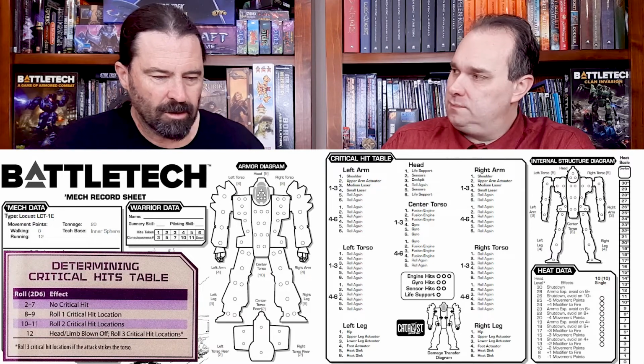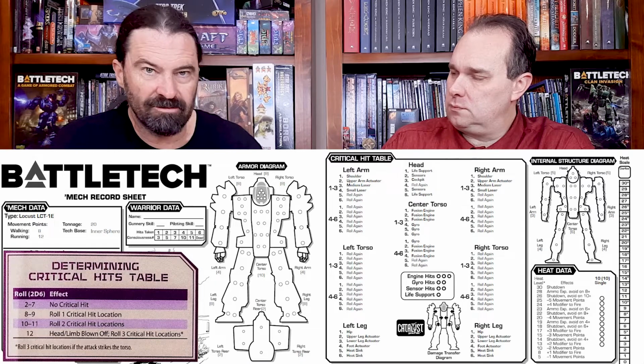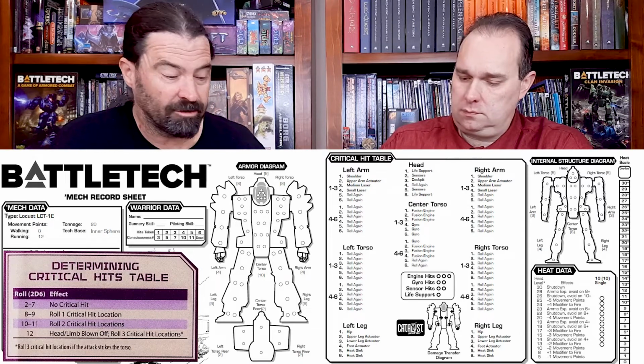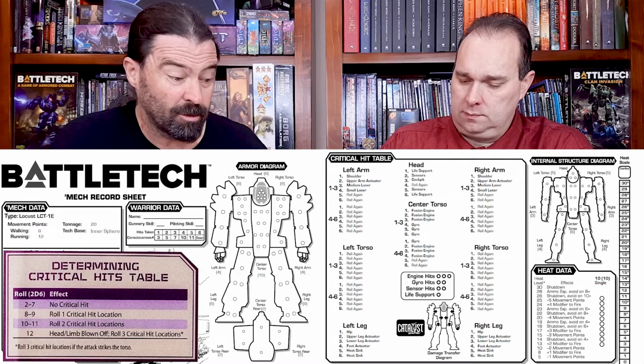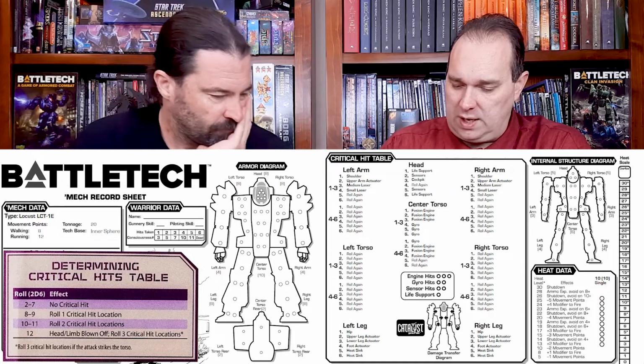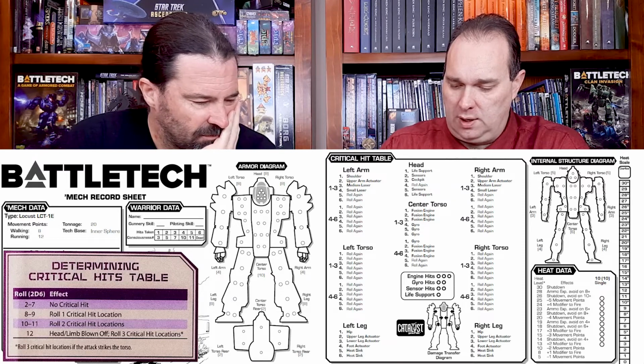The fewer critical hits, the less damage you can take on your center torso, the better off you are. Yeah, that's right. Because that's where all your important stuff is. Well, besides the head, obviously, but that's where all the important making it go stuff is. So there's 6 locations for a standard fusion engine, which is how it goes, and you've got 4 for gyro, and...